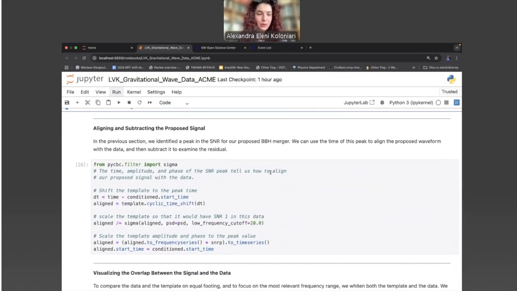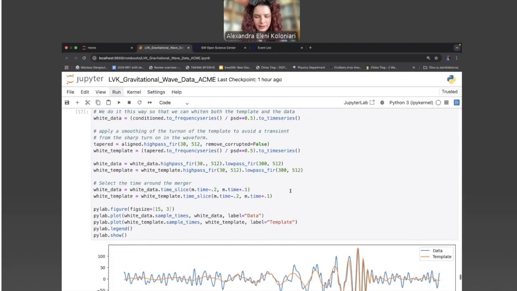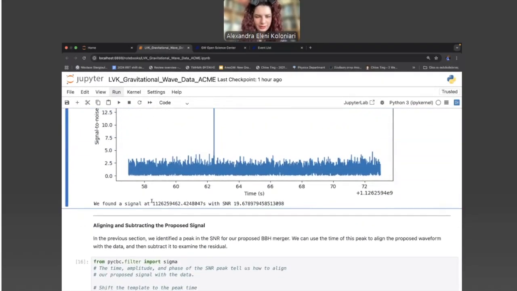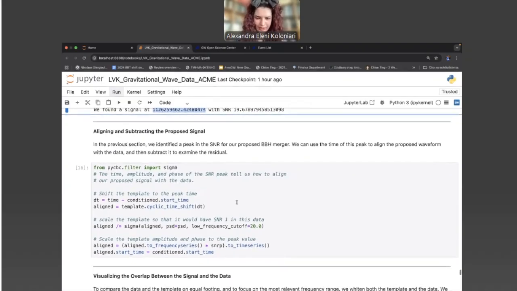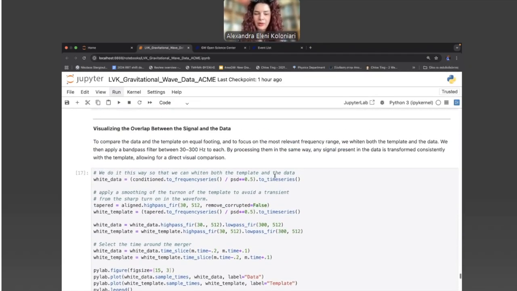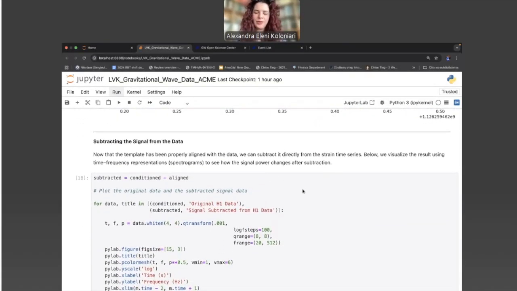We also want to see now the alignment between the signal and the template. And we very easily do that similarly with before. Now here, by using the time that came out from here, or by the same catalog object that does include the arrival time, you can actually align the template with the signal. And we can also do something else. We can also subtract that signal from the data and see what the residual is.